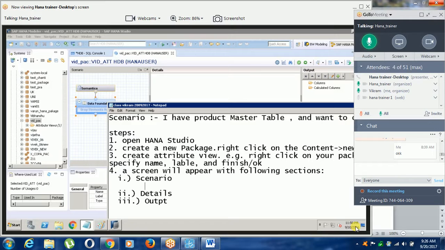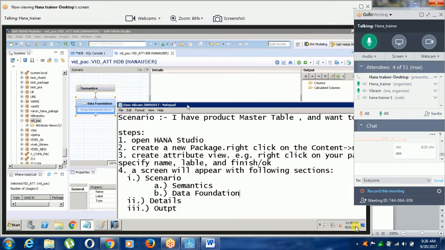In the scenario section, there is semantics and data foundation. Data foundation means source. Source of data means object or table.